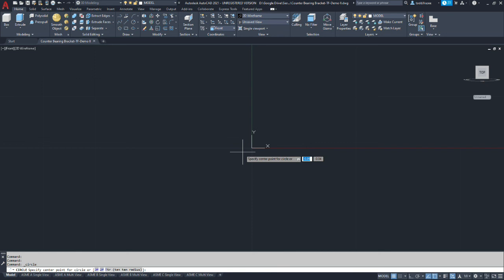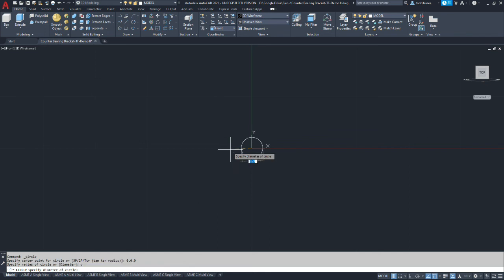So we're going to place what I consider the primary feature, the bore going through the boss, at 0, 0, 0 as our starting point. Zero, comma, 0, comma, 0. And that makes sure that we're starting off everything right at the origin.